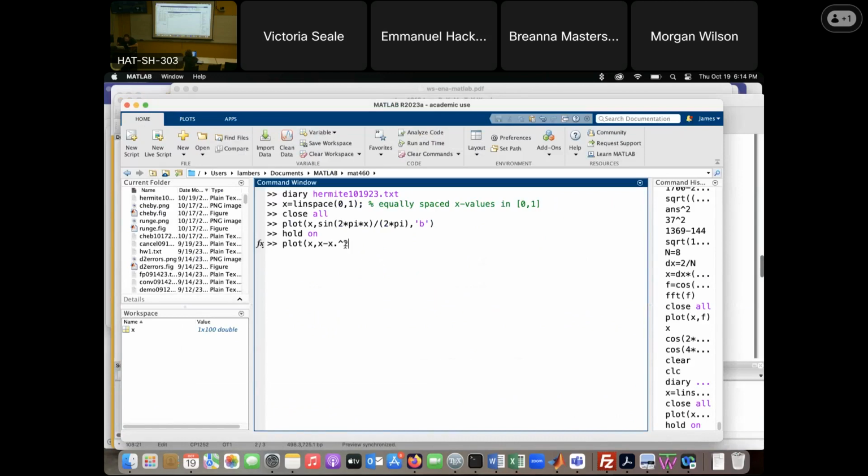If I do x up arrow 2, that's going to be an error, but dot squared is for component-wise squaring. And then plus 2 times x squared, and then I have to multiply by x minus 1, so that will call for a dot star x minus 1. And I'm going to plot that using a red dashed curve. And assuming the interpolating polynomial is computed correctly, I've never done this before, so